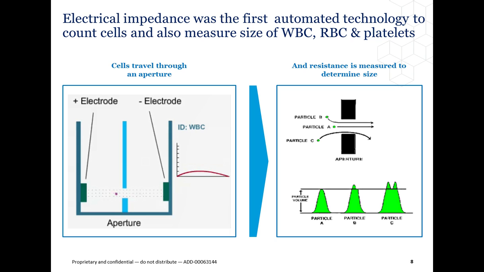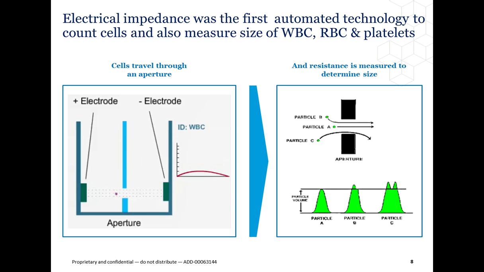The impedance method is based on the measurement of changes in DC electrical current, which are produced by a cell suspended in electrolyte solution as it passes through a very small aperture of known dimensions. Positive and negative electrodes are submerged on either side of the aperture to create an electrical pathway. As each cell passes through the aperture, a change in the resistance between the electrodes is produced because blood cells are poor conductors of electricity. This change produces a measurable electrical pulse, which can then be used to estimate number and size of the particles